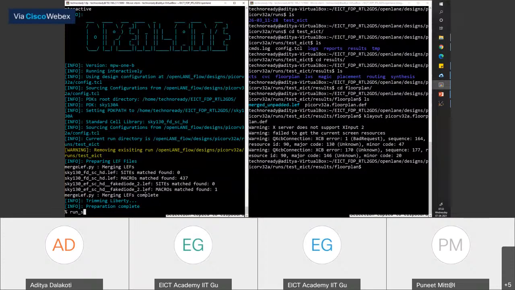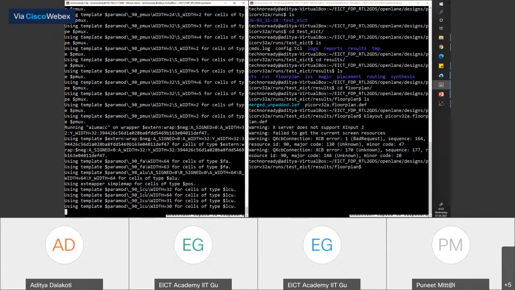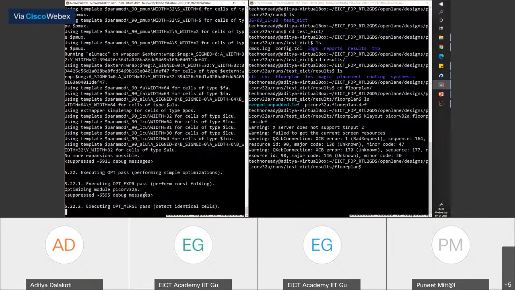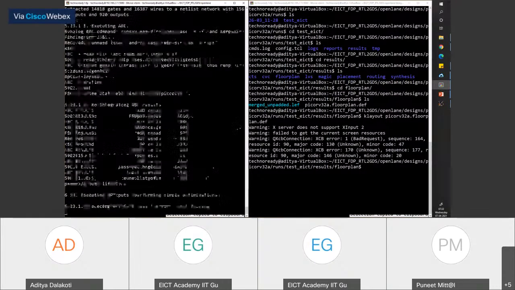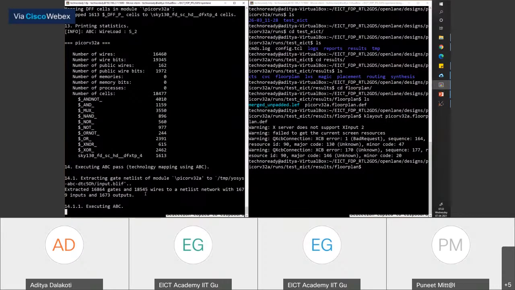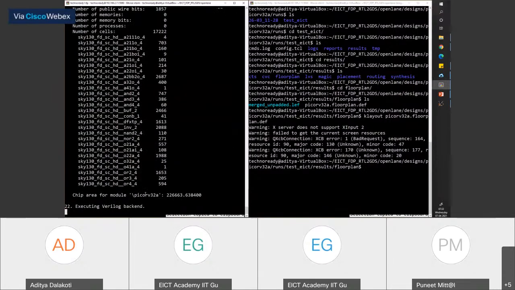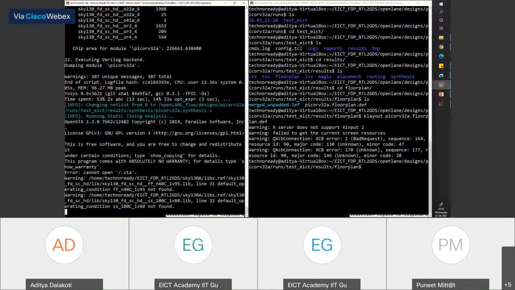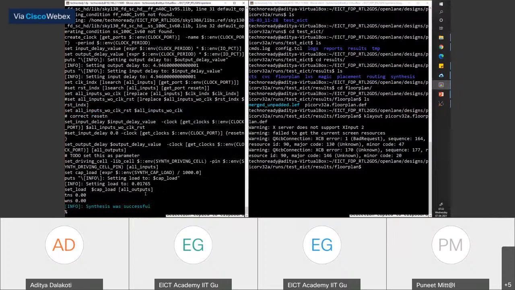We'll rerun synthesis. We'll do init floor plan.